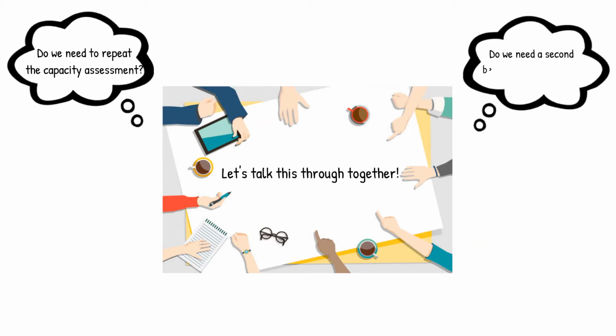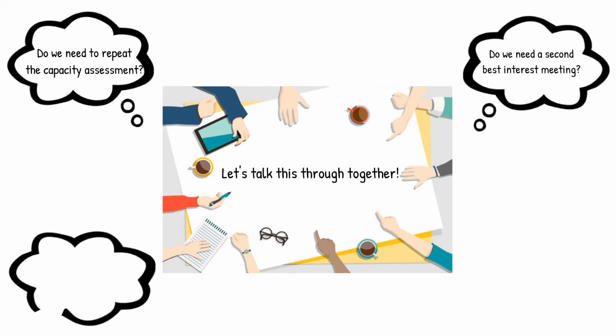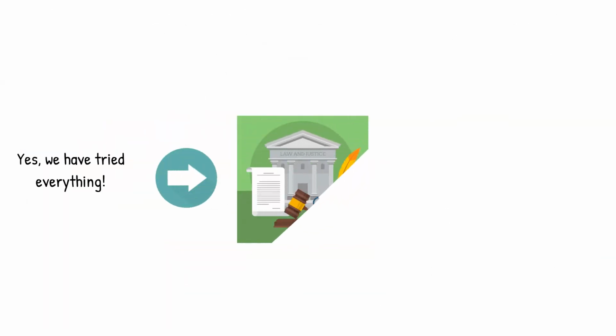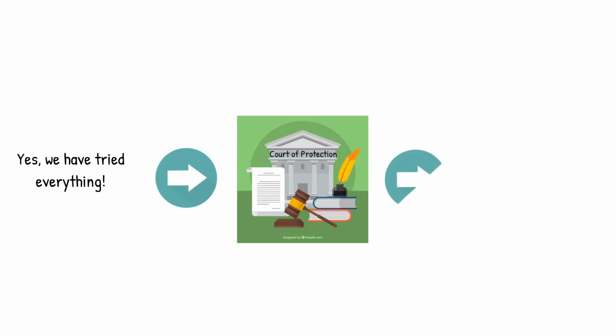Think about mediation, revisiting capacity assessments and best interest decisions, particularly if there's new information available which may impact upon these. The use of advocacy, don't forget, the individual is entitled to support as well as their family members. Where dispute remains, the Court of Protection will look over the case as a whole and identify the decision moving forward. They could issue court orders as part of this if needed.